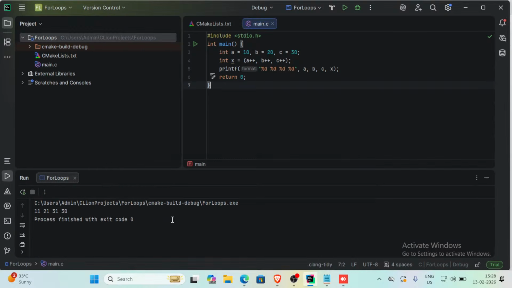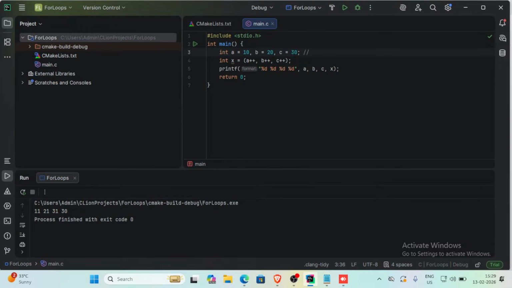So we got the output 11, 21, 31, after that 30. So see here, the question gives us the A value is 10 and B is 20 and C is 30. So in the stack area,